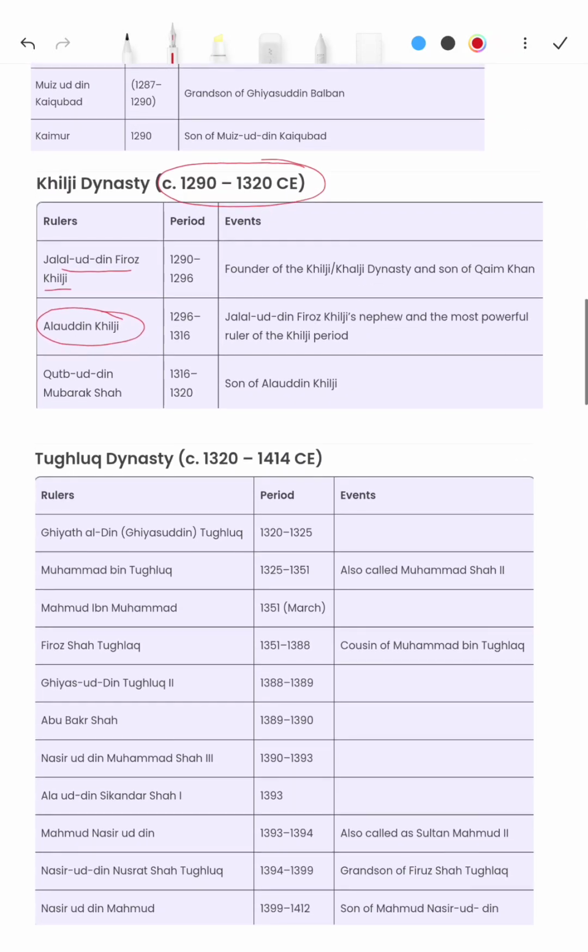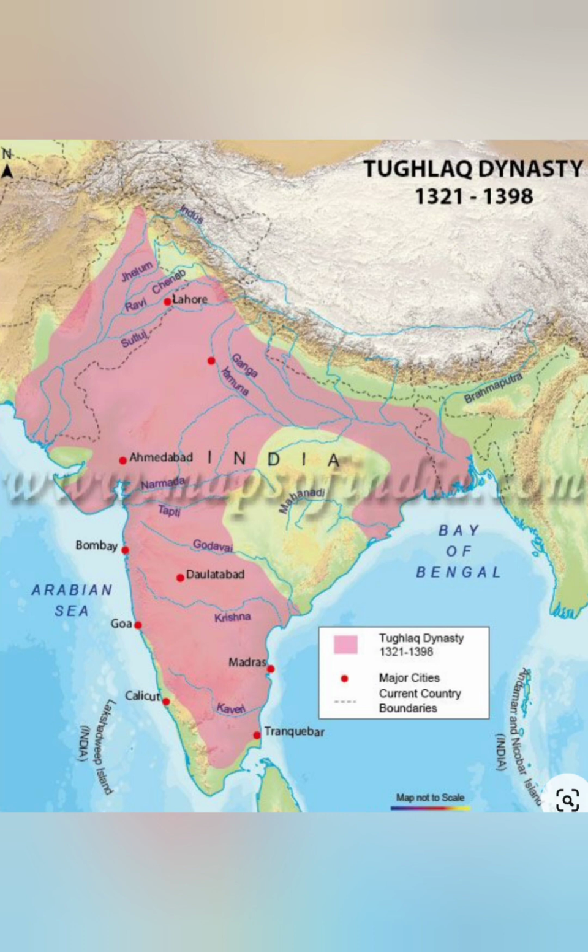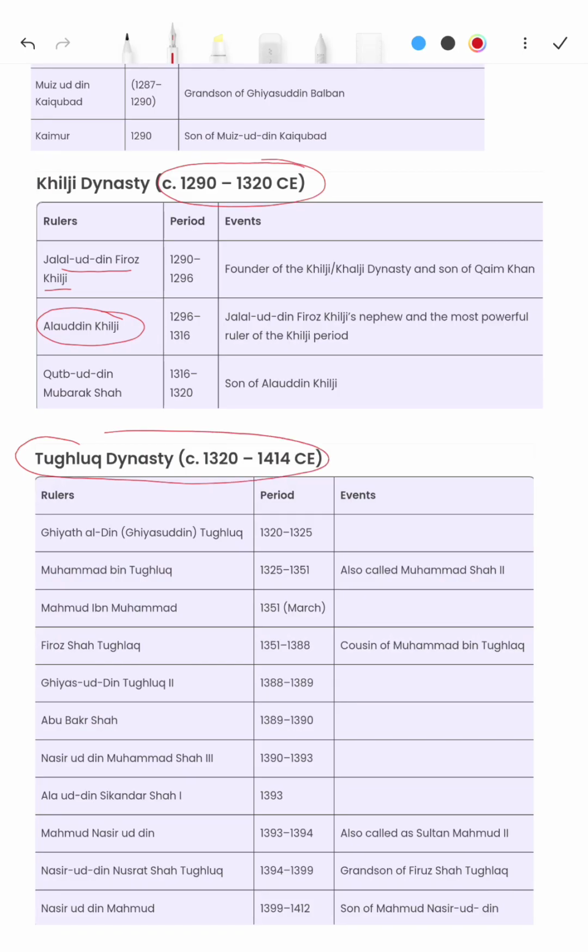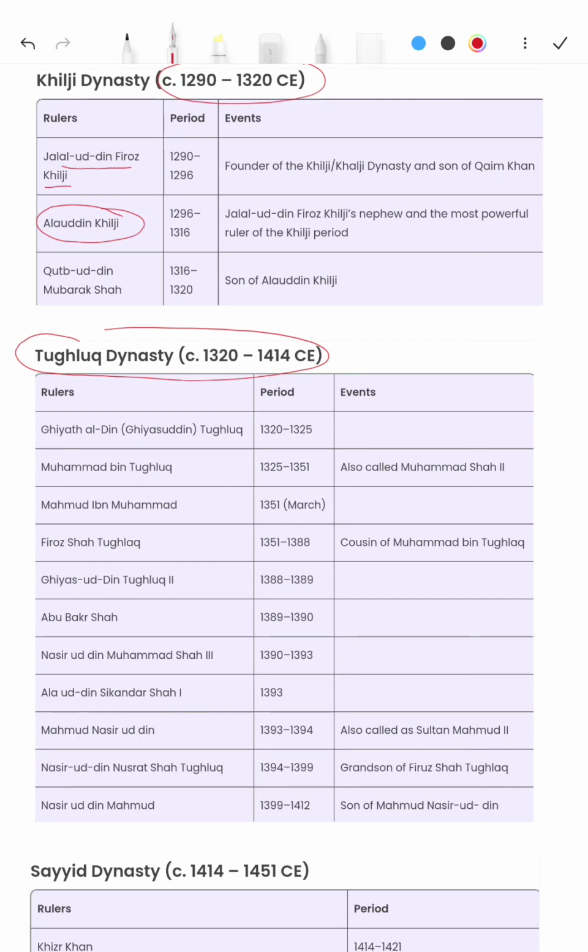Then comes the Tughlaq dynasty. You can see their map from here. Time period ranging from 1320 to 1414. The founder is Ghiyasuddin Tughlaq, and the most powerful and most popular sultan is Muhammad bin Tughlaq. And another famous